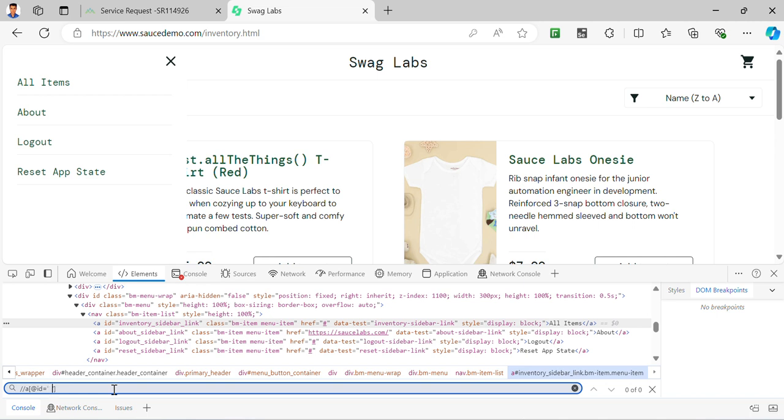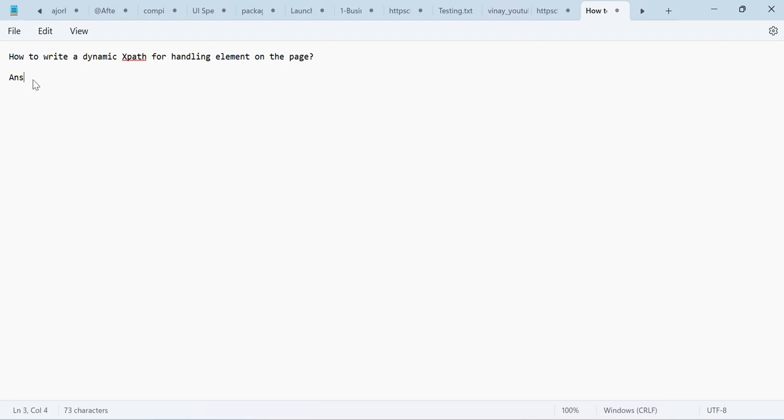So what you will do, just remove this from here, come here, provide double quotes, and then provide a plus sign, and you have to create one variable. You can put anything. You have to give a plus sign here so that it will read the string. And see, this is our dynamic XPath. Now if you provide any value, copy and paste it here. So you will see here,